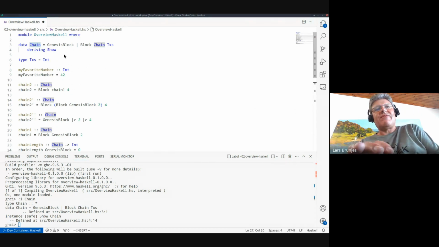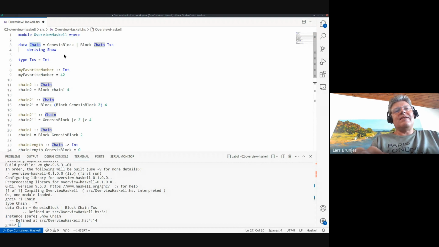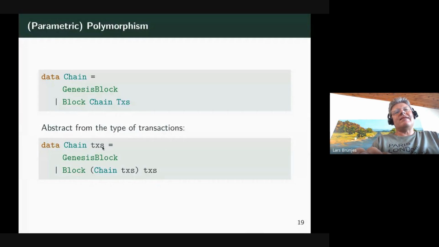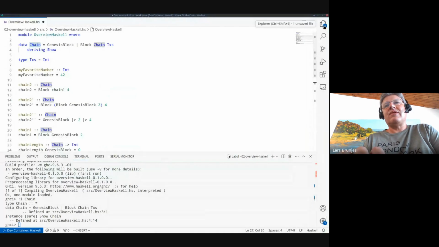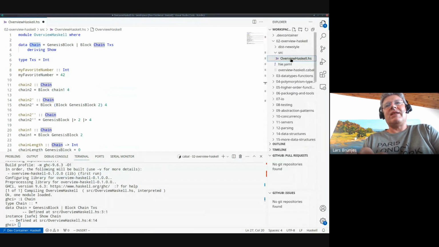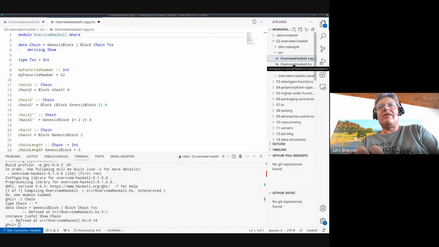And variables start with a lowercase. So this here, this lowercase TXS, because it's a lowercase, you already know it's a variable. So it's a so-called type variable. So what we can do is we can just change this here, or I could, maybe it's better to copy it and not mess with the existing code. So let me just change this and call it